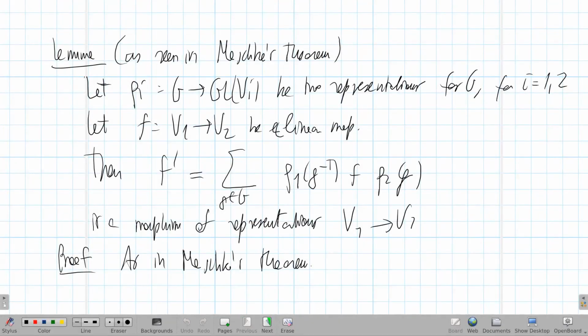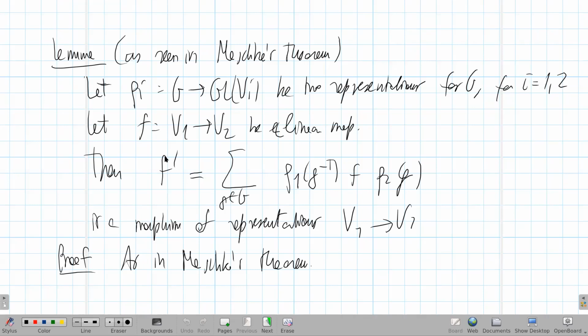So let's recall where we were last Tuesday. We have seen a lemma which underlies a particular step in one of the proofs of Maschke's theorem, which tells us that if you have any two linear representations for a group G, and you have a linear map, any linear map, then the map